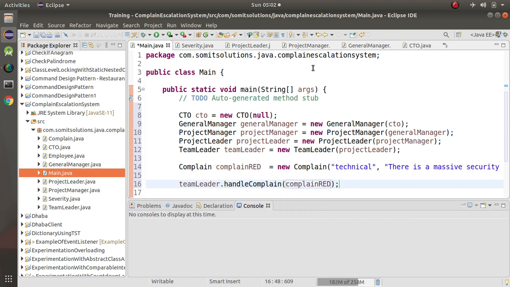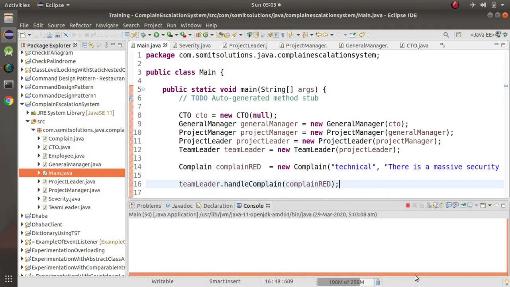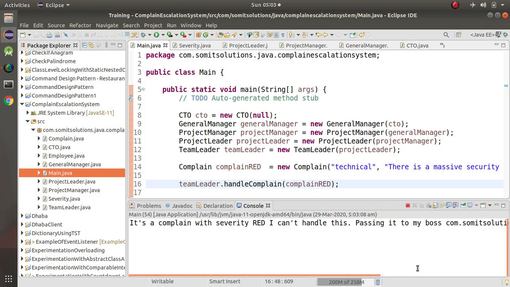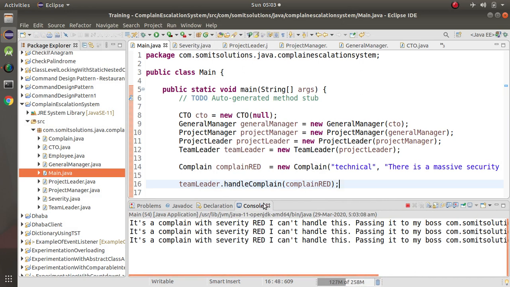Because this is a red complaint, it has to be handled by the CTO. So the complaint will be automatically passed to the CTO, who is the last element of the chain, the last node of the chain. Okay, let's see if everything goes well. Okay, so let's run it. So it's a complaint with severity red, I can't handle it, passing it to my